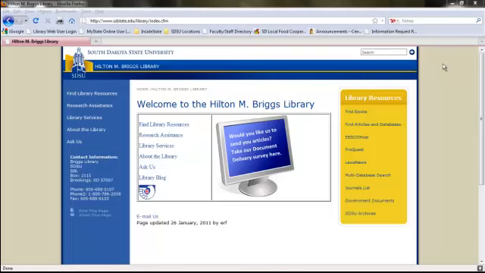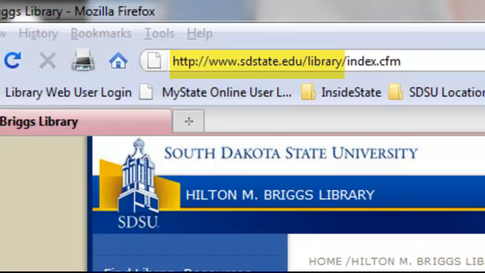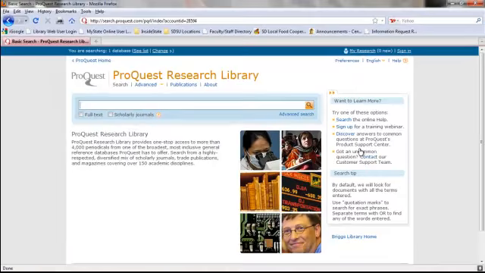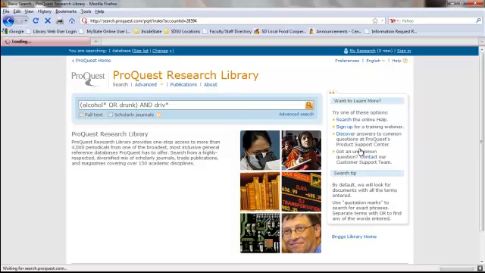Getting to ProQuest is quite easy. From the library's homepage at http://www.sdstate.edu/library, click on ProQuest. This results in the basic search screen. We can simply type our search into the box on this screen. Notice that as I type, ProQuest suggests searches that I might mean. I'll just click on Search,